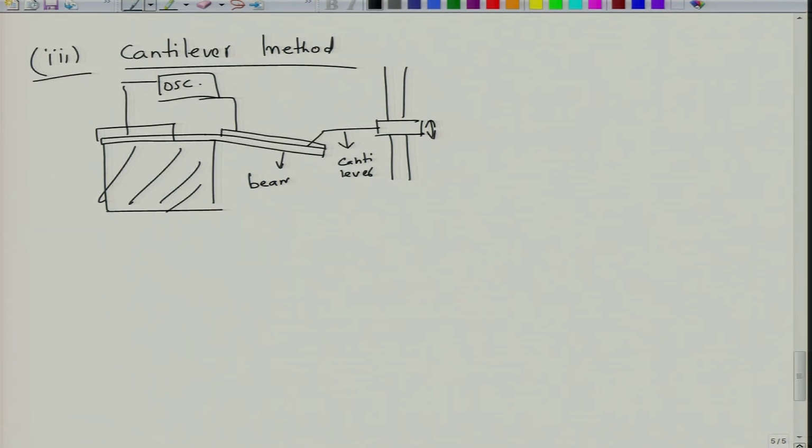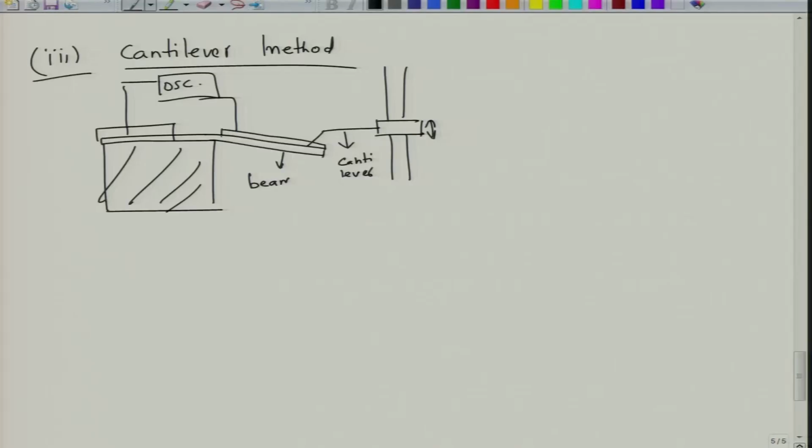So this is a very easy method, but again the problem is that the strain produced may not be uniform, and there could be a problem with different kinds of samples. You have to use a silicon cantilever on which you coat the film. When you coat the film it is of a certain quality, but a real sample may be of different quality compared to what is coated on the beam. Those are the issues that may be there.